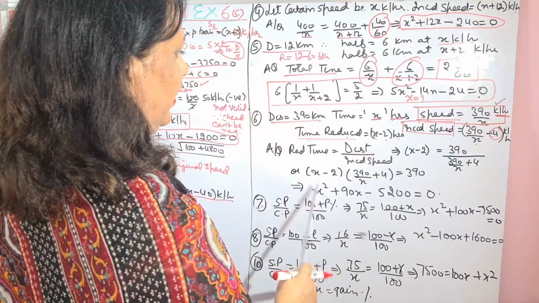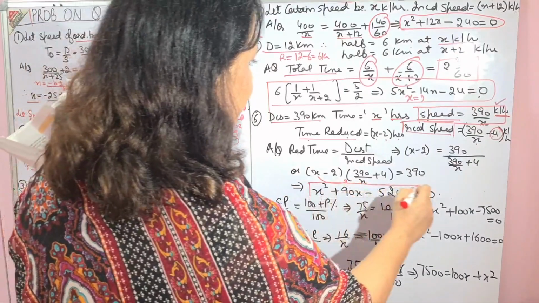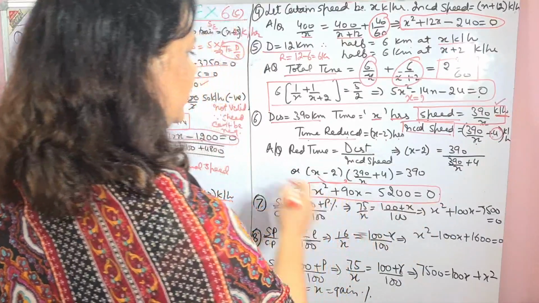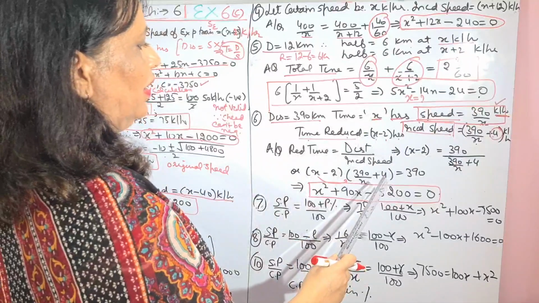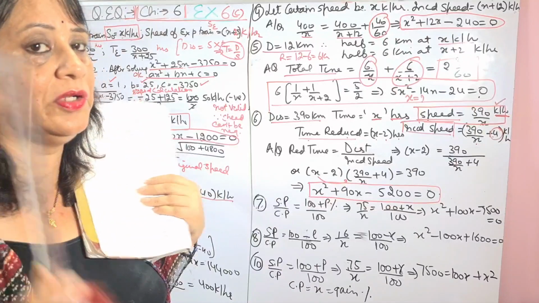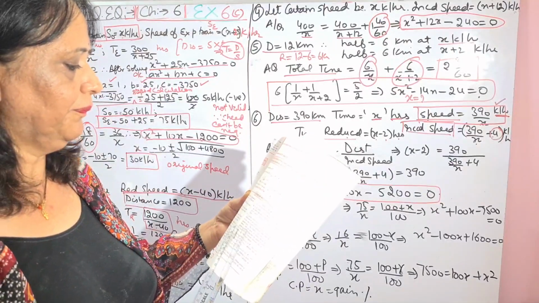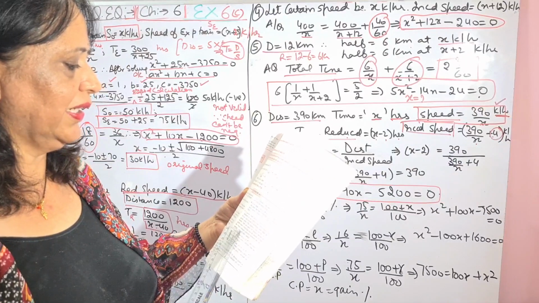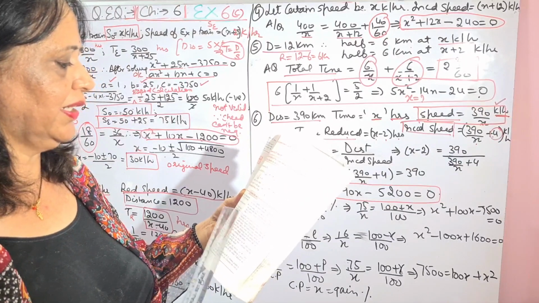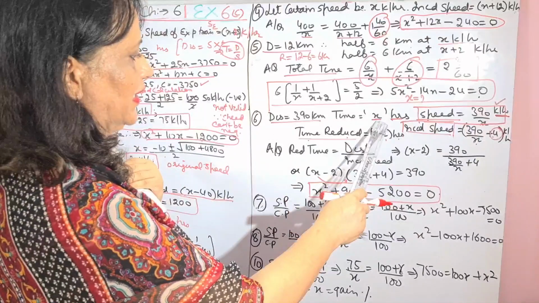Cross multiply, solve these two equations, and you will get a quadratic equation in this form. Then you solve it, and you will get time in hours. They are asking you to find the speed of both the trains remain constant. Sorry, they are asking you to find x. So you have to find the time, that is x.